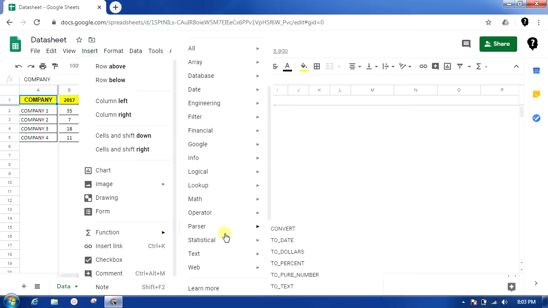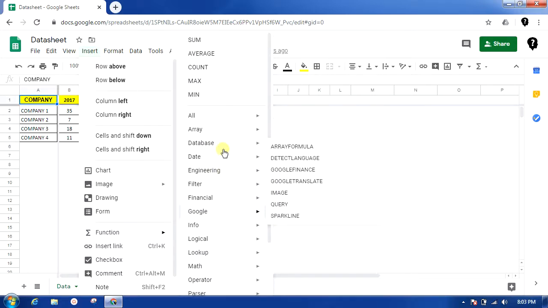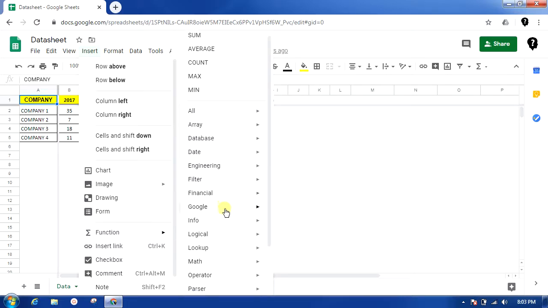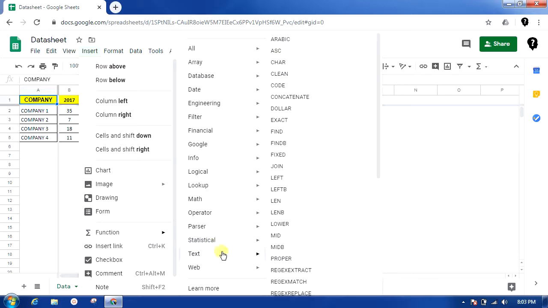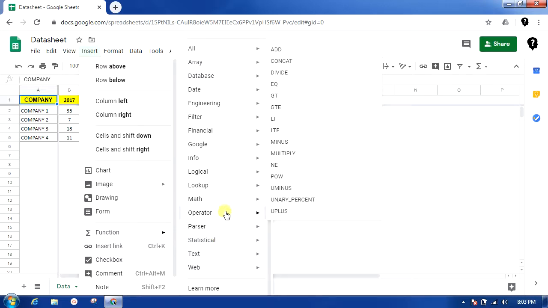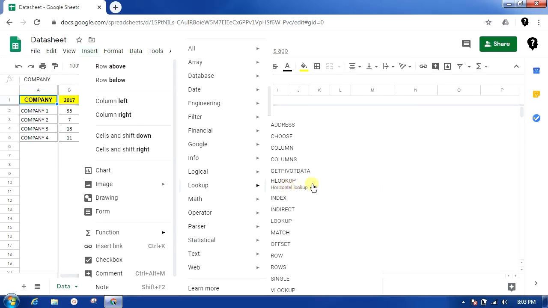So let's go ahead with a simple example. I'll not take SUM again, it's very simple. Let's take a lookup formula, the most commonly used formula, and it's important everywhere we work on sheets or Excel.